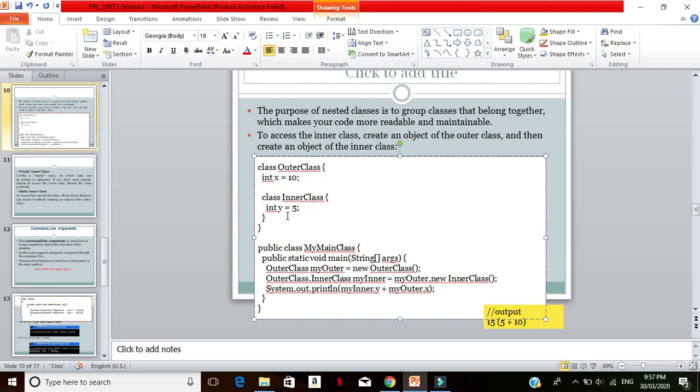So in an inner class there is one variable that is y, which has 5 as a value. So here this is closed. Now public class, my main class. So I am having another class, in that I am having the main method, right? So I am going to create two objects. For outer class I am going to create my outer as object, and by using that